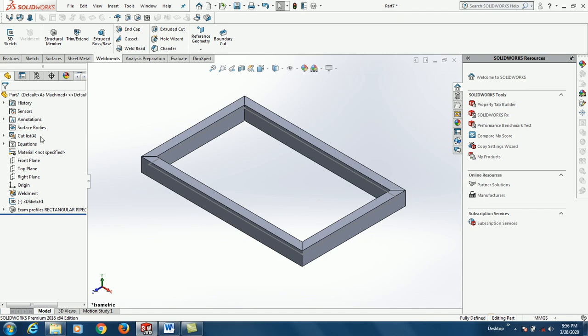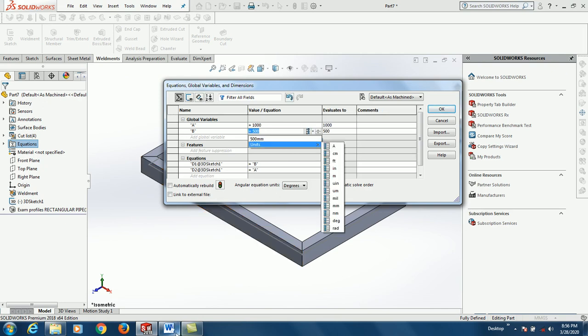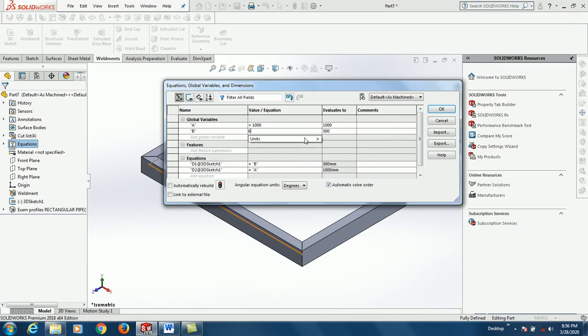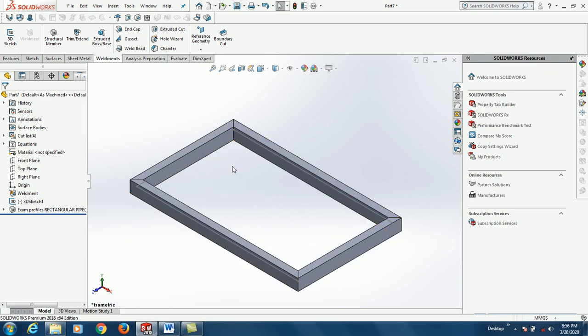We just need to simply come on equations, right click, manage global values. We're going to take A here, now it is going to be 1000, and B is going to be 600. And we validate. You realize that automatically the shape and the size of the